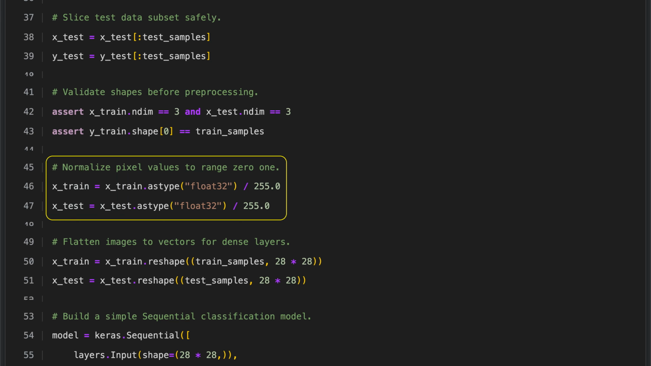The code converts the pixel values in the training and test images to floating point numbers and scales them to fall between 0 and 1. It does this by dividing each pixel value by 255, the maximum value in an 8-bit image. This normalization step is important because it helps the neural network process the data more effectively, stabilizes learning, and speeds